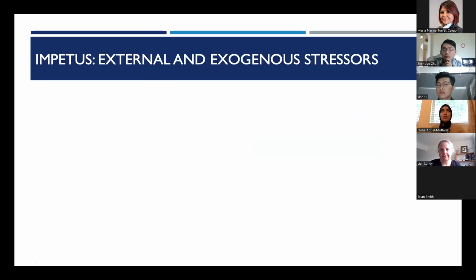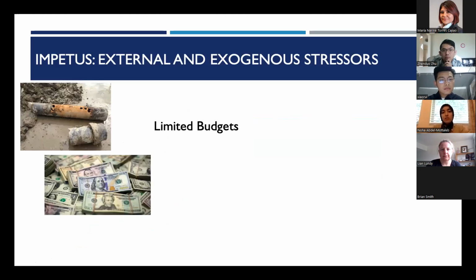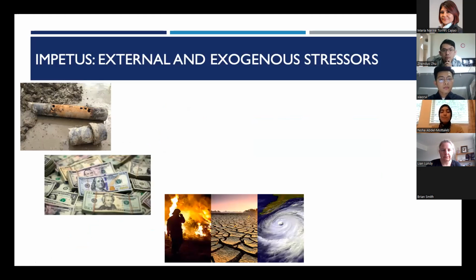So why is it important to think about and study enhancing the performance of water distribution networks, especially as of late, there are increased external and exogenous stressors that are acting on them, such as aging infrastructures combined with limited budgets, extreme weather variations due to climate change, and an increased awareness of the complex interactions that water distribution network components have with other infrastructure systems. In addition, sociopolitical dynamics that influence all of these factors and more.